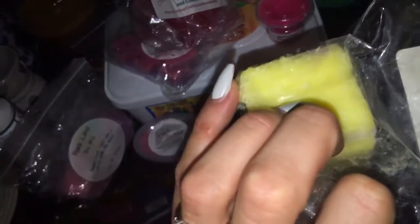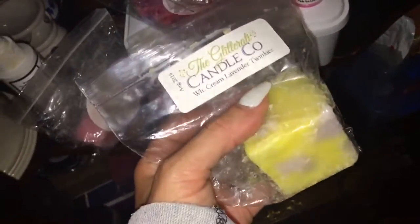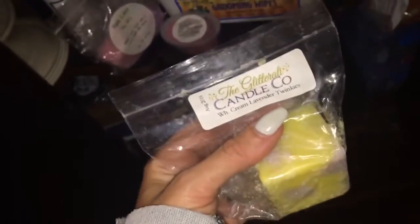And this, I'm kind of hoarding this chunk for when we move because this was so crazy strong. I could smell it the next morning. I think I want to save it for when we have a bigger bedroom instead of wasting it, because our bedroom in this apartment is so small that any scent and any little bit of wax goes a long way. I don't have to worry about having the strongest type of melts in my bedroom. So I think I'm just going to save Glitterati for when we have a bigger space and I need...